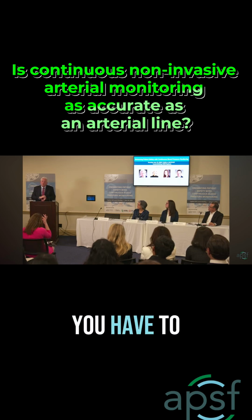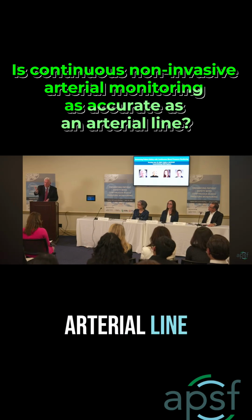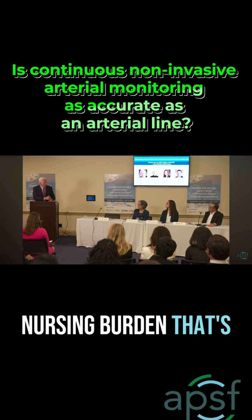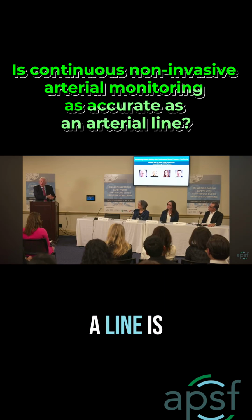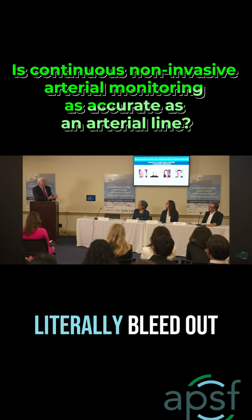The other thing is you have to have skilled nurses afterwards to look after the arterial line. So it's another nursing burden that's in place to make sure the A-line is safe, because if it comes detached, you can bleed out from it, literally bleed out from it. So